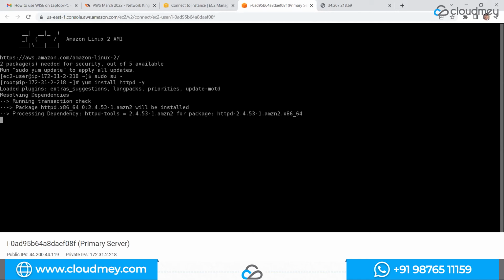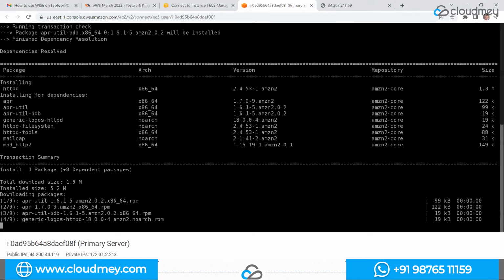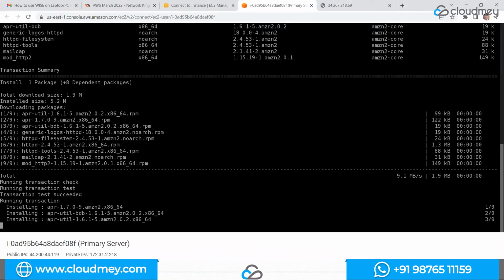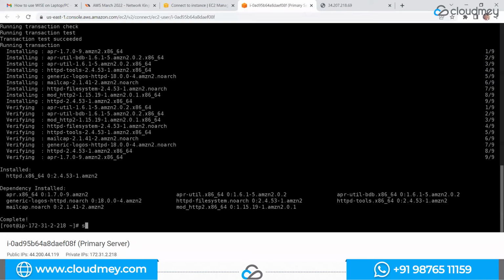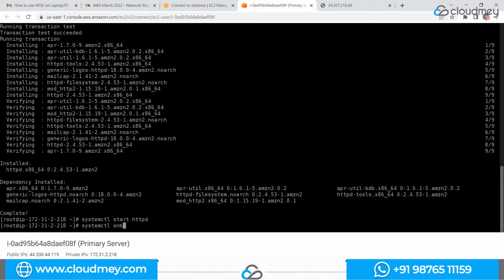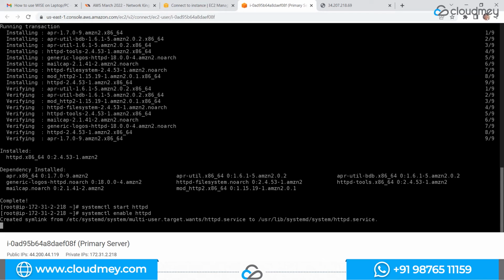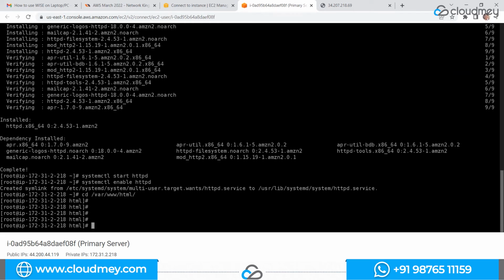This is the installation of httpd. You can just write systemctl start httpd and systemctl enable httpd, right? And then go to /var/www/html, and here you can just write echo